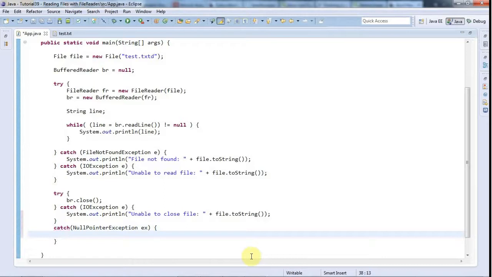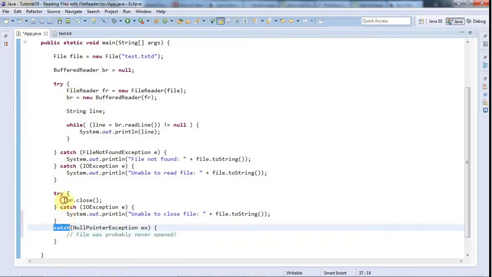and let's just say here, well, why should we say anything? So let's not. Usually you should put something in here when you handle an exception, but here it's likely that this is being thrown because the file was probably never opened. I don't see how that could not be the case, really. So if the file's not open, this will throw a null pointer exception because it'll still be null, but